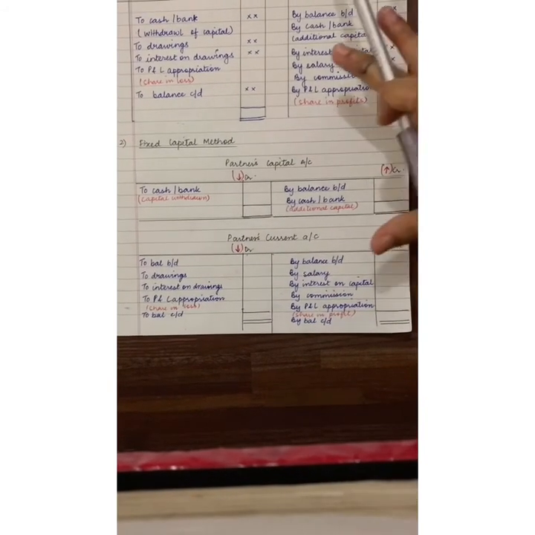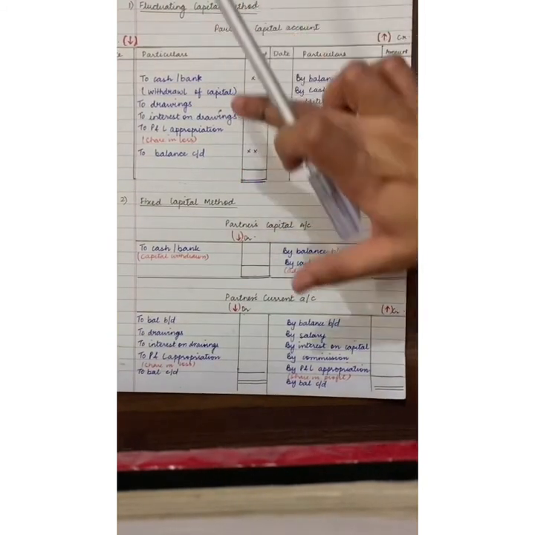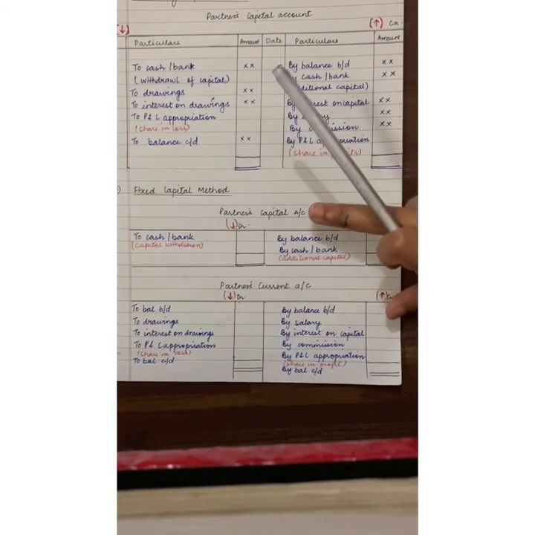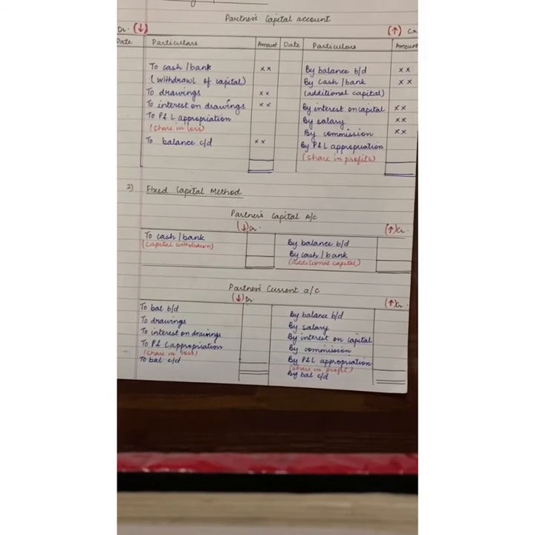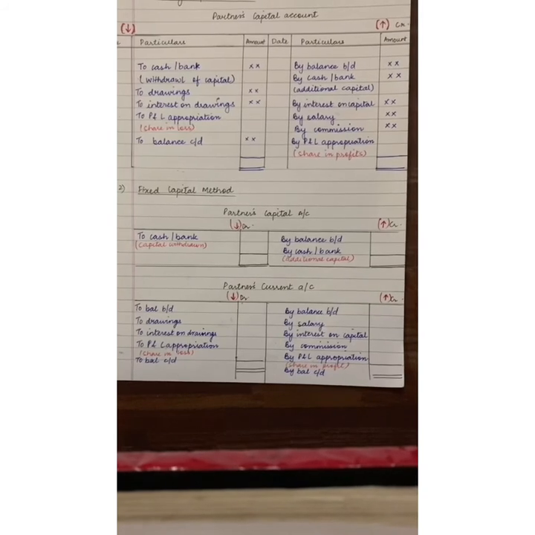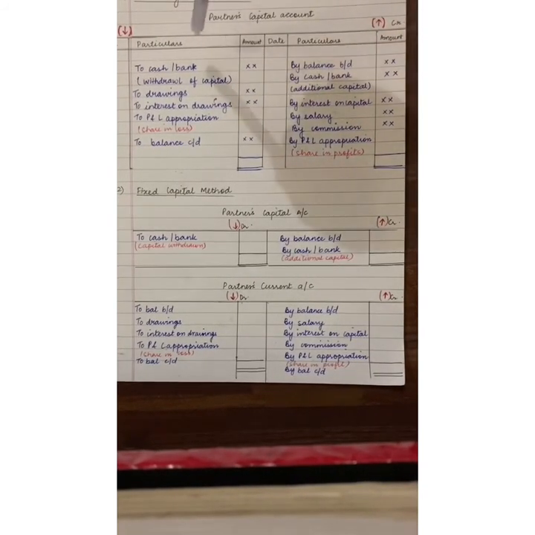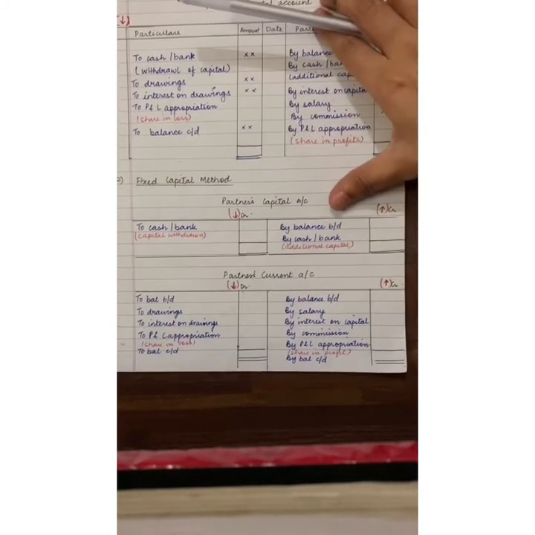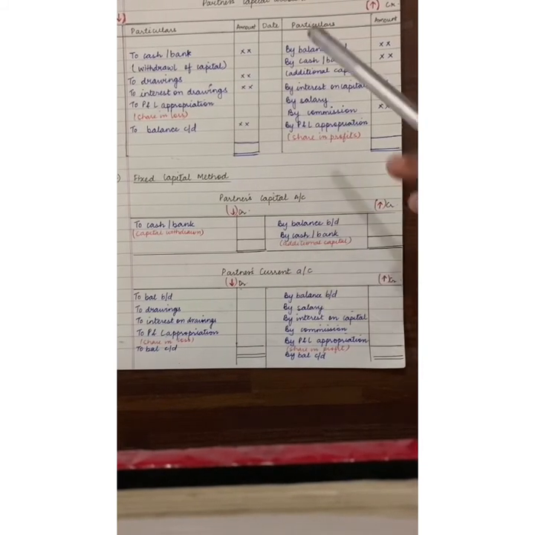So first you prepared your partner's capital account under the fluctuating capital method, then you followed the fixed capital method where you prepared two accounts, the partner's capital account and the partner's current account. The rule that was followed was: credit were all the transactions which increased your capital, debit were all the transactions which decreased your capital. The only difference is that in the fluctuating capital method, all the transactions are written all together in one account,